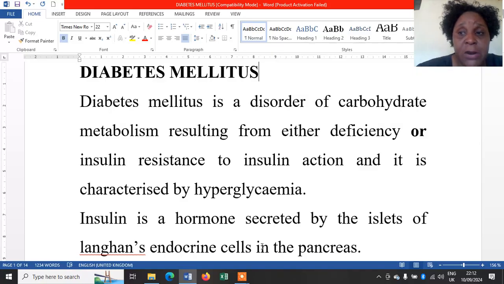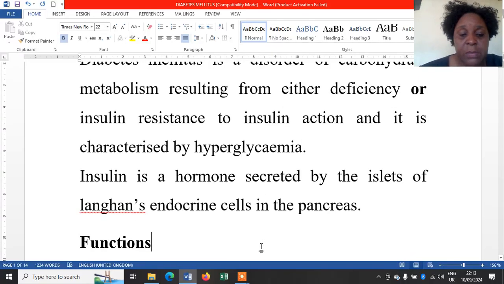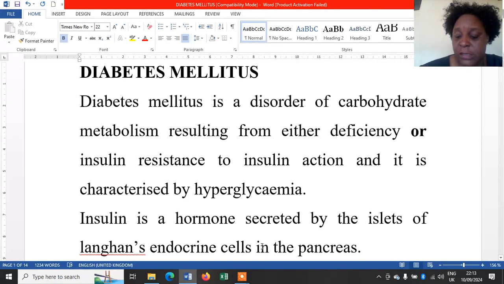action, and it is characterized by hyperglycemia. Insulin is a hormone secreted by islets of Langerhans endocrine cells in the pancreas. So, trying to define this